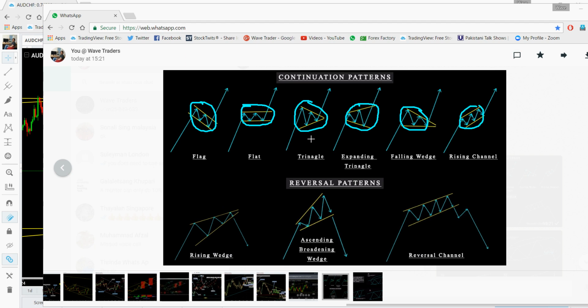Every time price forms a flag, the flag can retest your previous trend at least around 68 or so if you are using fib lines, and if it is forming a flat channel, then it can retest